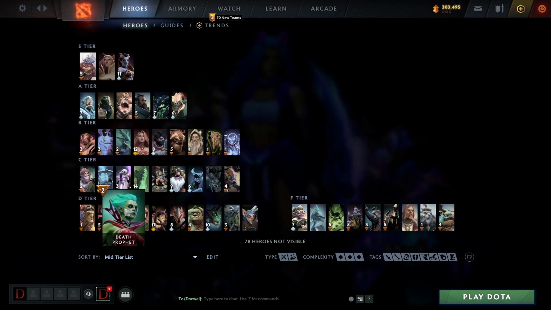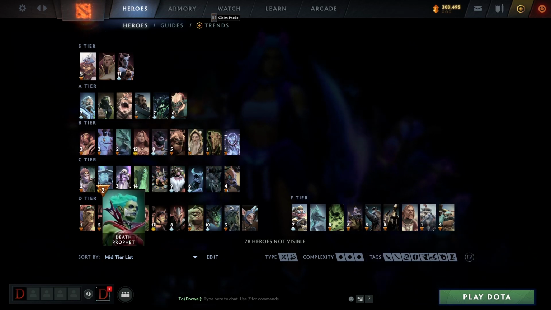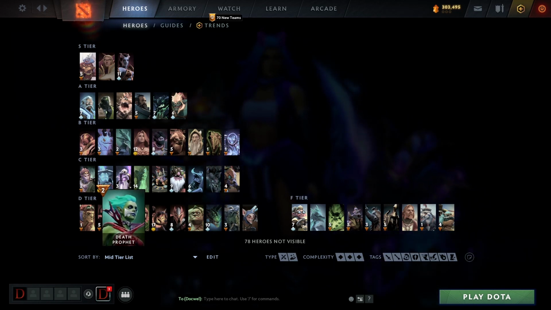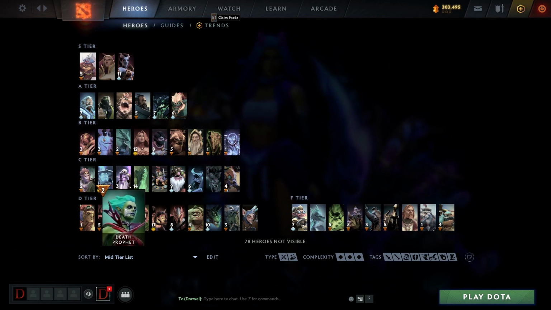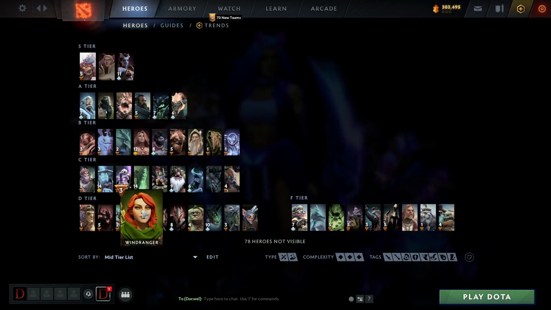Death Prophet, I don't know. It's just at an awkward spot. It was strong for a very long time, got nerfed a bunch, and is just okay. I think the ultimate also is not good enough to warrant such a long cooldown. This hero's all about the ultimate, and that's the big thing. Windranger is just kind of in the dumpster. Been in the dumpster for a while now. Ever since they nerfed